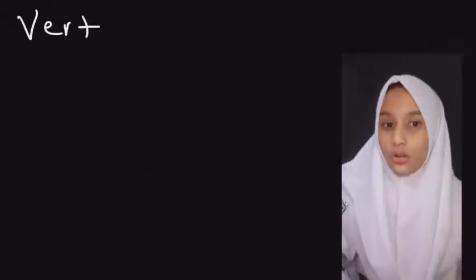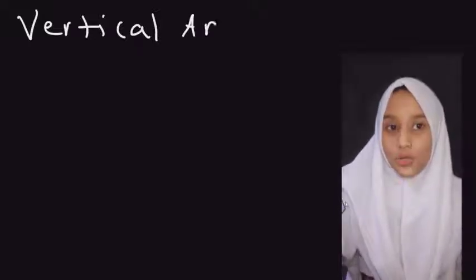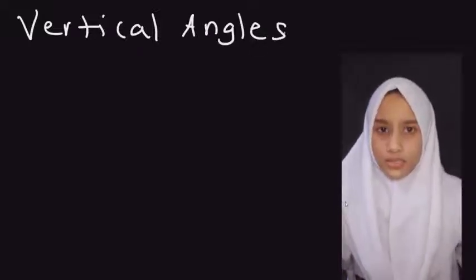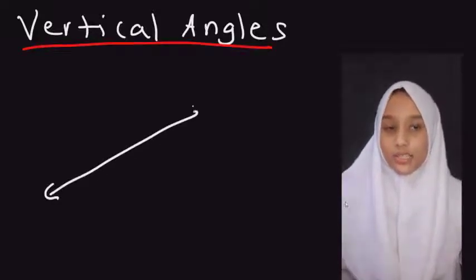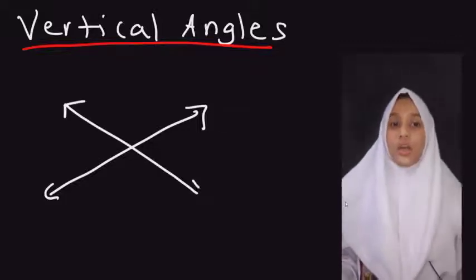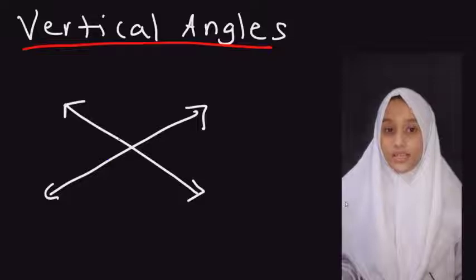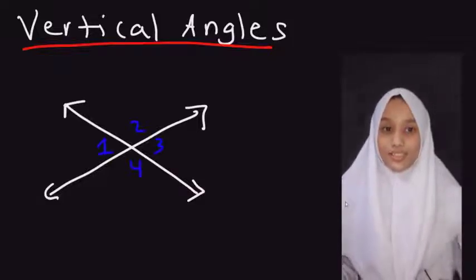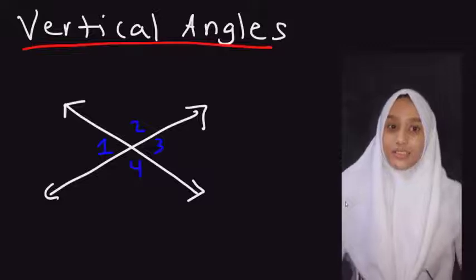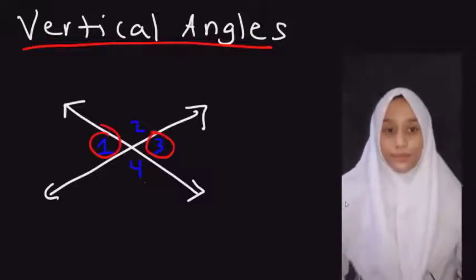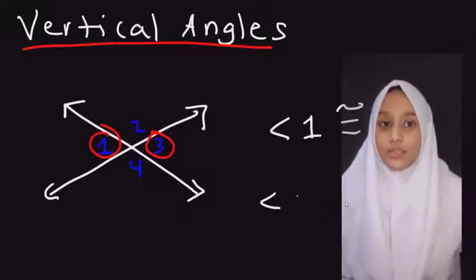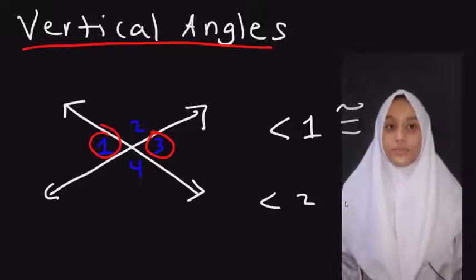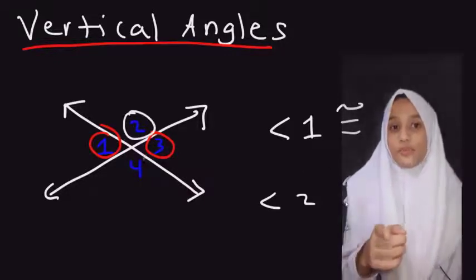You need to be familiar with vertical angles if you're working on two-column proofs and similar problems. So what are vertical angles? Well, we can form vertical angles by drawing two lines that intersect each other. Let's call these angles 1, 2, 3, and 4. So the opposite angles are congruent. Angle 1 is congruent to angle 3. So angle 2 and angle 4 are also vertical angles. They are congruent to each other. So let me give you an example problem.